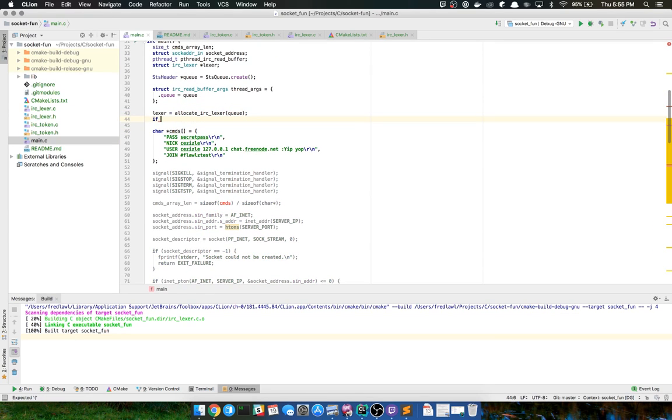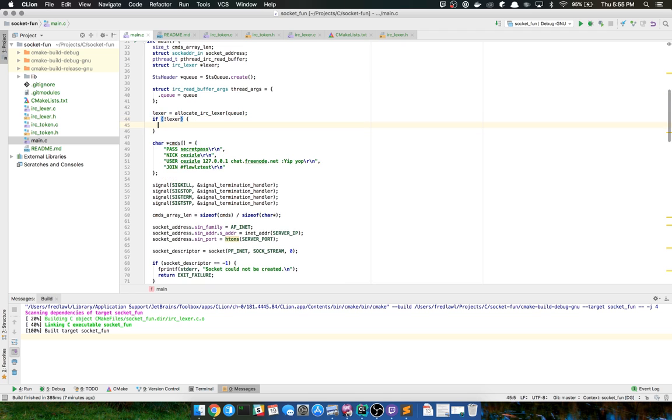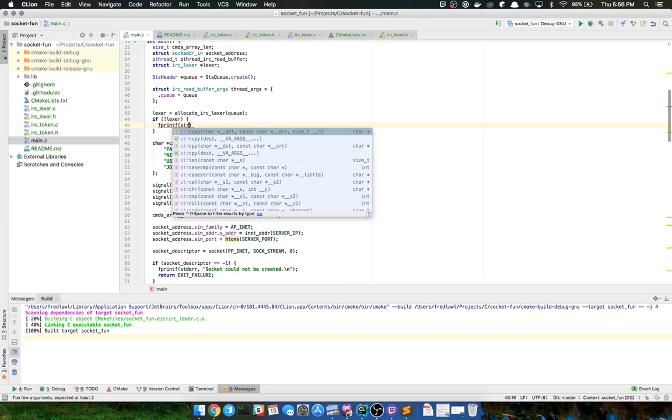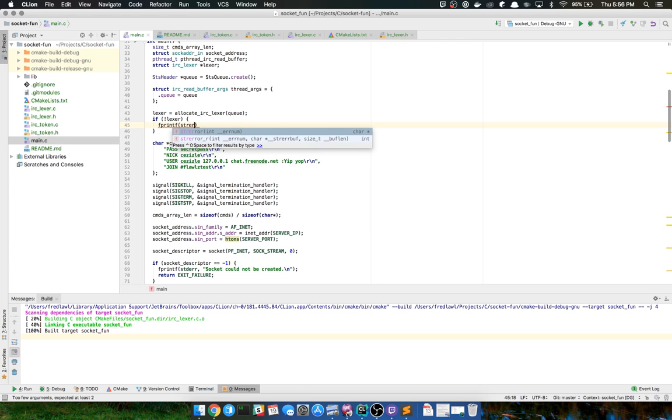I probably should check for if null. So if not lexer, we're just going to do an fprintf to stderr to say unable to create lexer.